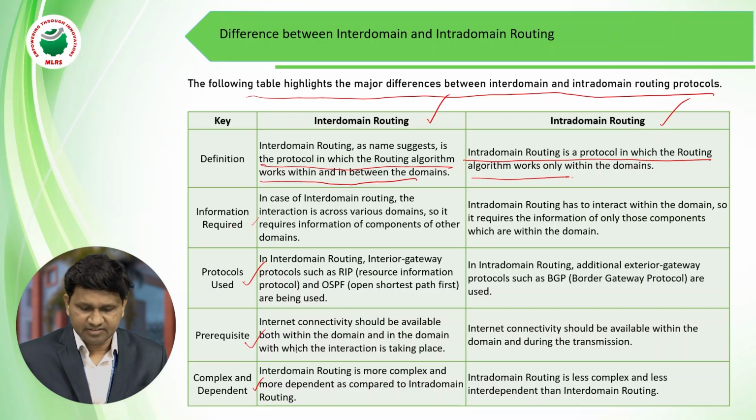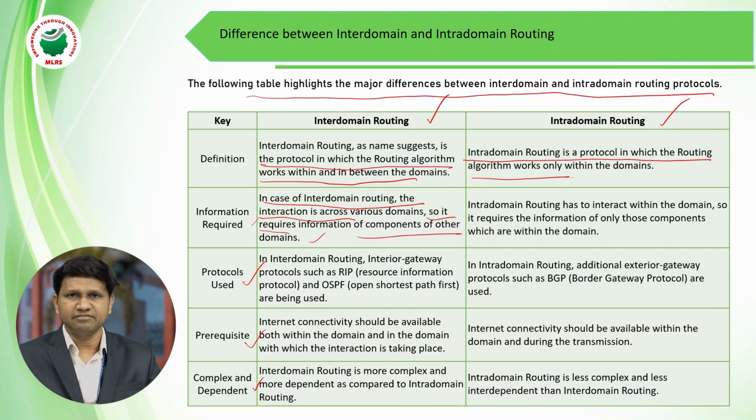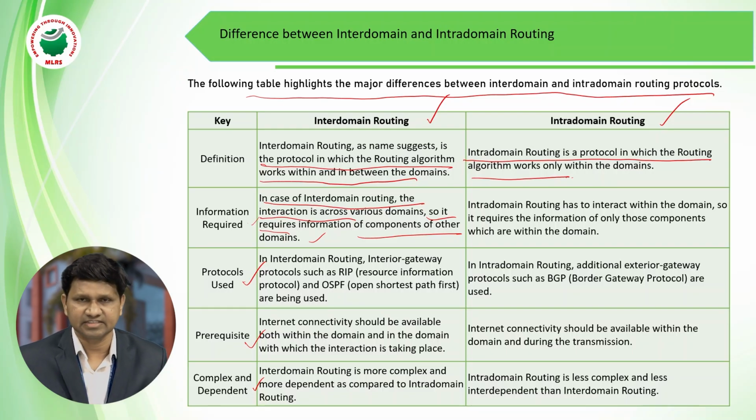Information required: in the case of inter-domain routing, the interaction is across various domains, so it requires information about components of other domains. Intra-domain routing has to interact within the domain,